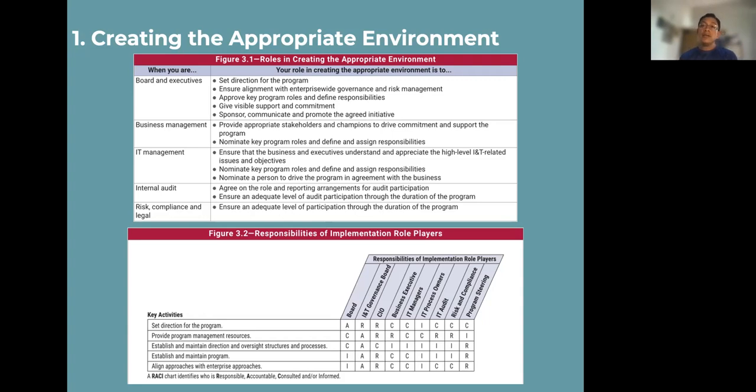Internal audit's task and role is to review the adequacy and the effectiveness of the control of the risk. So that's it. They need to ensure the adequate level of participation for the duration of the IT governance program. And then the second layer, the risk, compliance, and legal, the compliance to the law. They need to ensure the adequate level of participation as well, through the duration